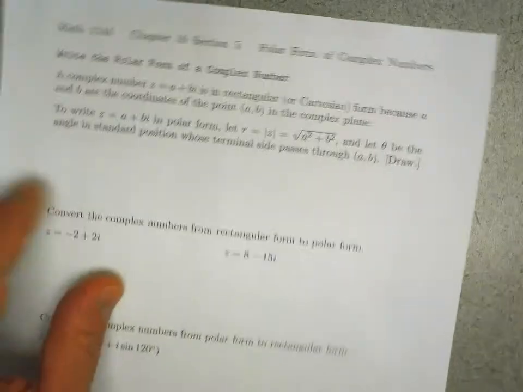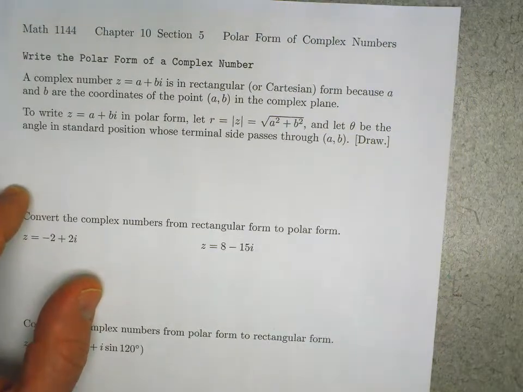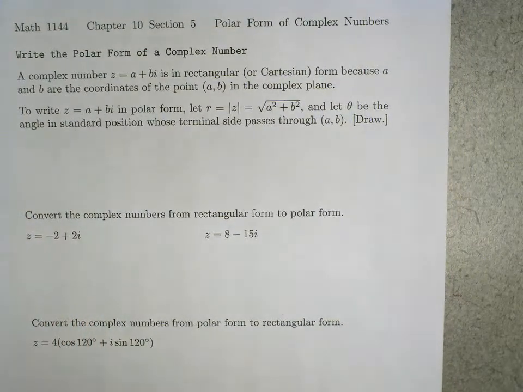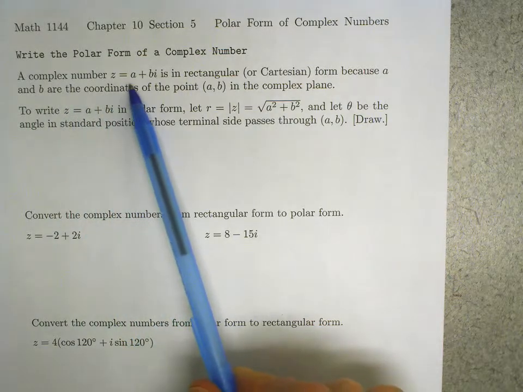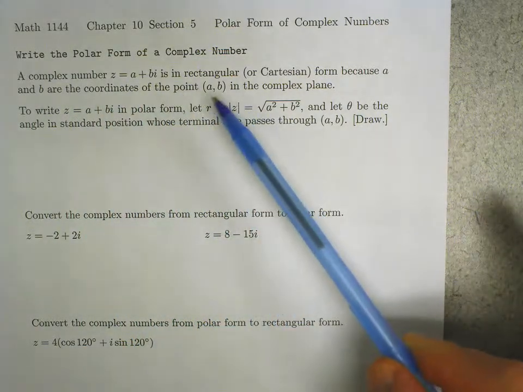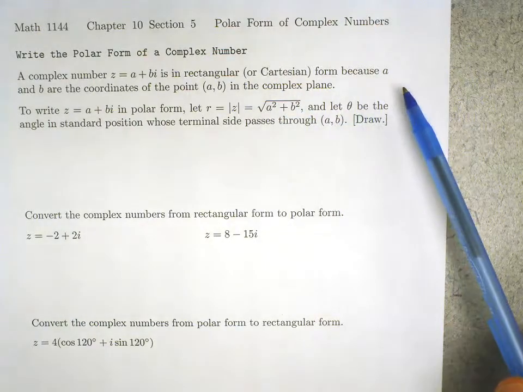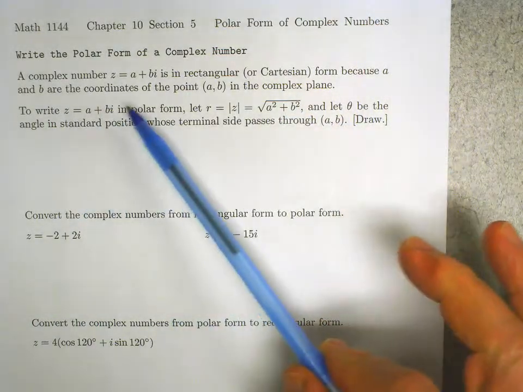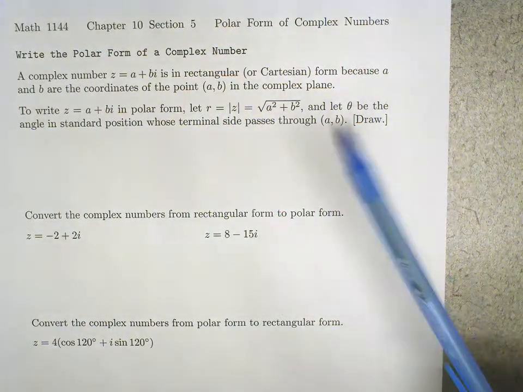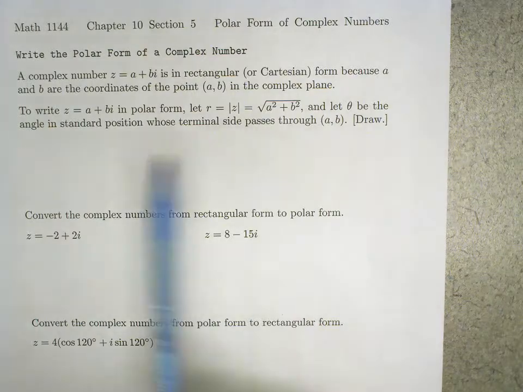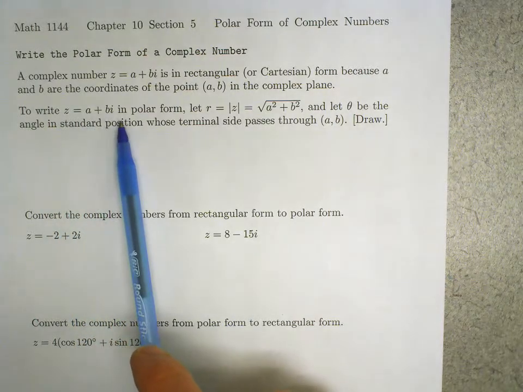Okay, the next topic is write the polar form of a complex number. Okay, this says a complex number z equals a plus bi is in rectangular or Cartesian form because a and b are the coordinates of the point a, b in the complex plane. To write z equals a plus b times i in polar form,